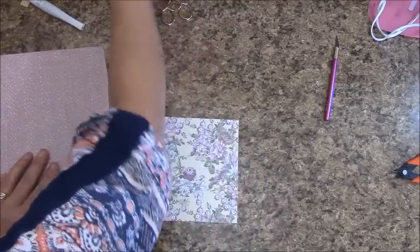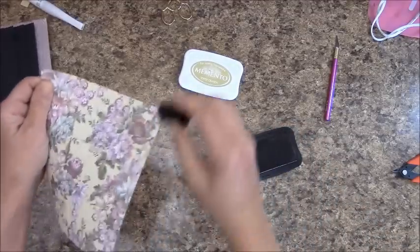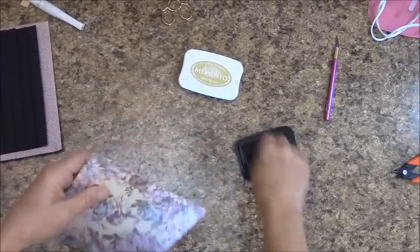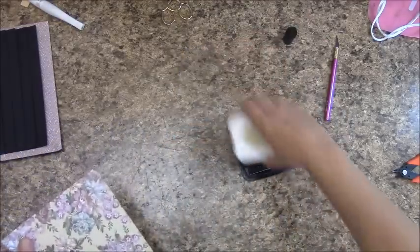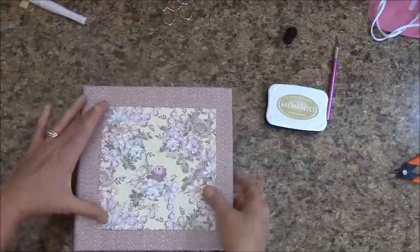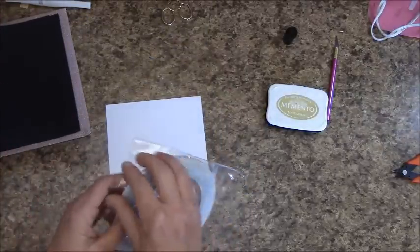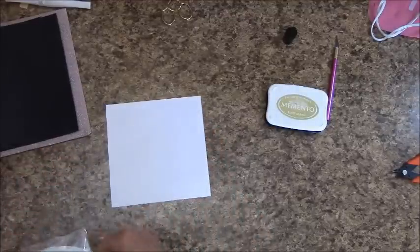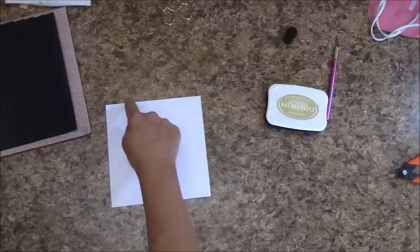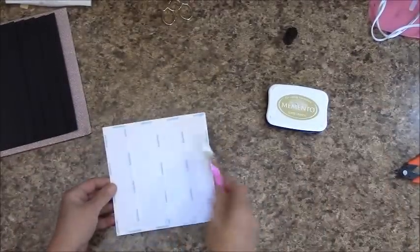I am going to grab my Toffee Crunch, and I'm just going to lightly ink around these edges. Okay, how this is going to work is it is going to go centered on our page. We do want to use score tape for this. And I'm going to get my 1/4 inch out, my new pack. And we're going to place our score tape around the outside like a picture frame, and we'll go 1, 2, 3 down the middle, and I'll show you what mine looks like. This is what mine looks like, and now I'm going to remove the score tape,